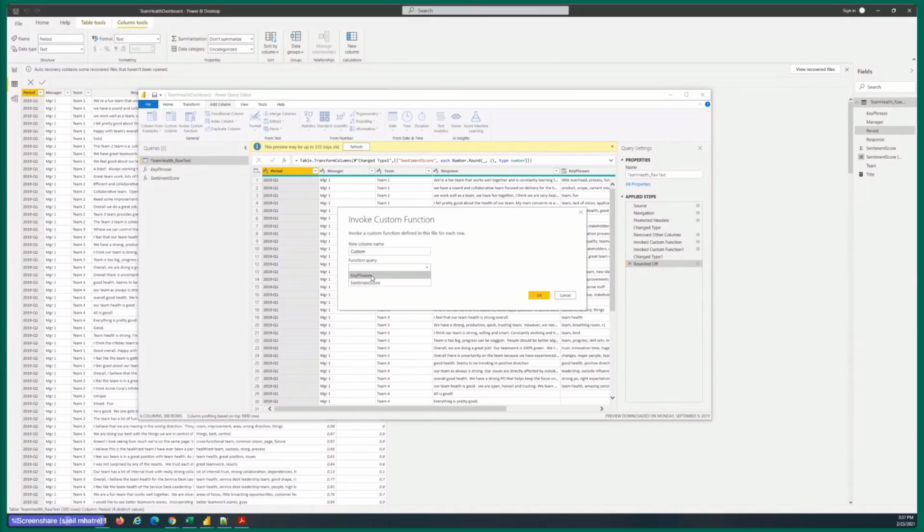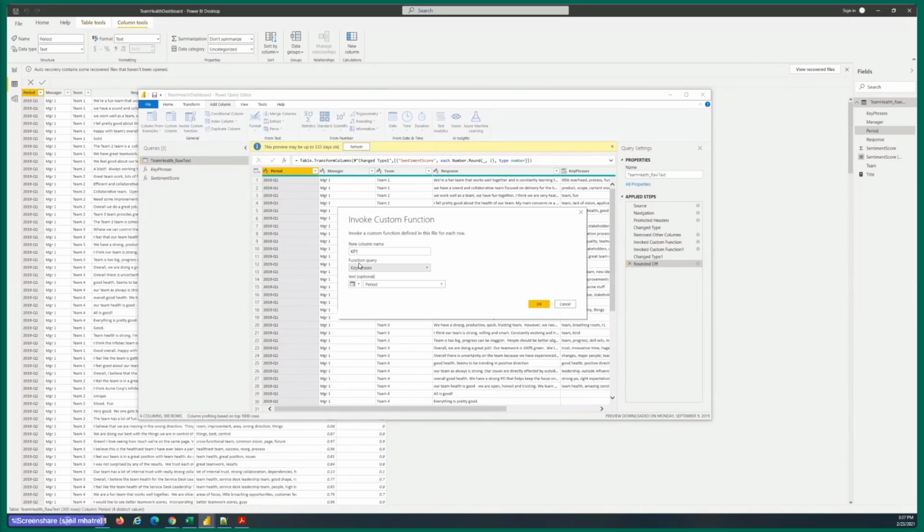And you notice how in the drop down list, you see the key phrases and the sentiment score functions here. So I'm going to call this new column KP1, and